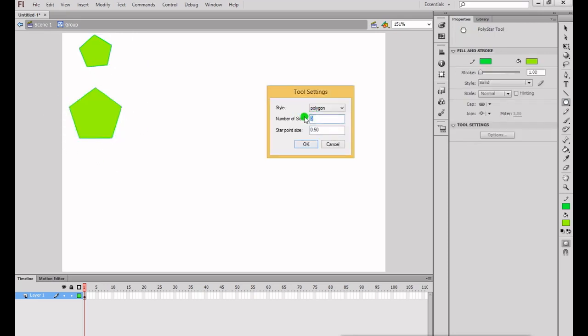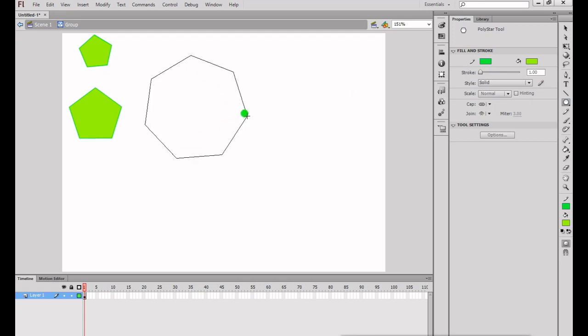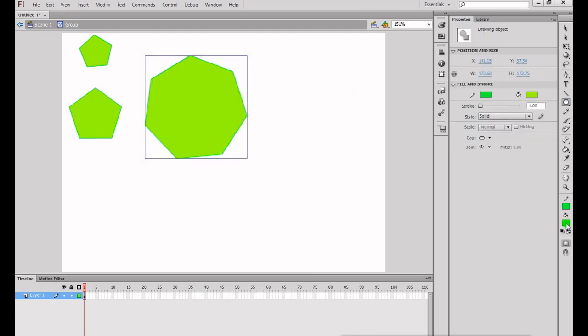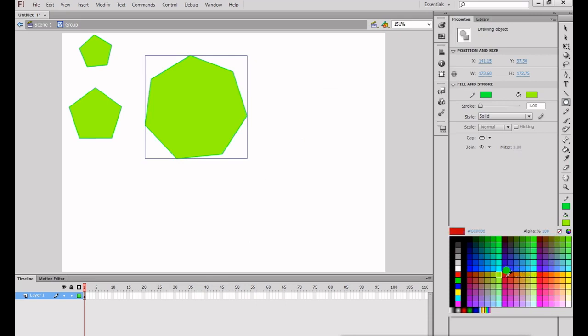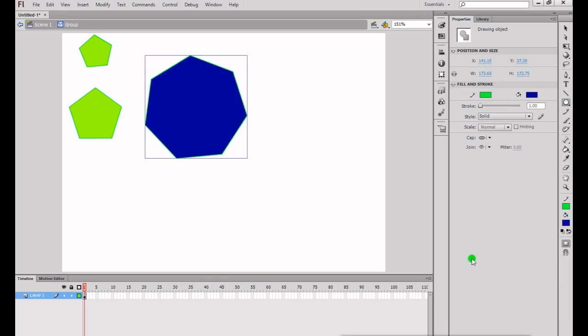Okay, now I am going to change the number of sides to 7. Click OK and see the figure. And I am going to change the color. Very easily you can see the difference. See now these two figures: this one with 5 sides and this is 7 sides.